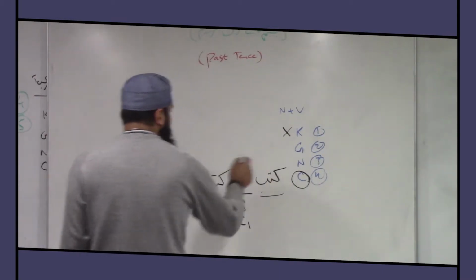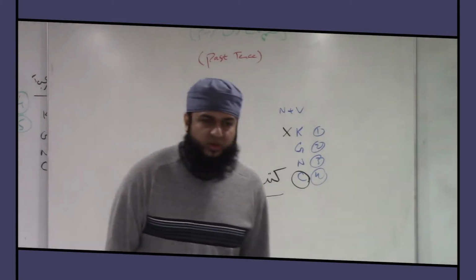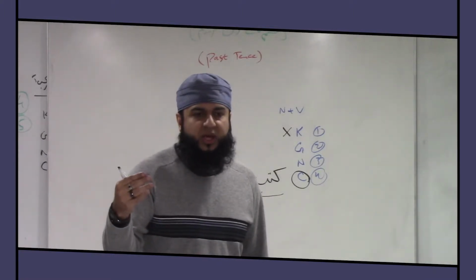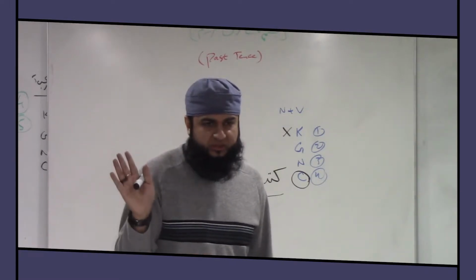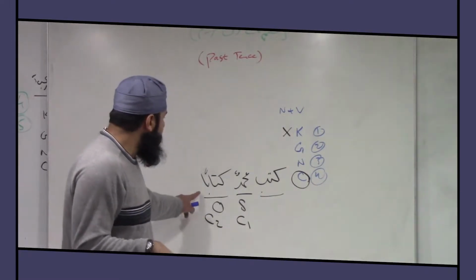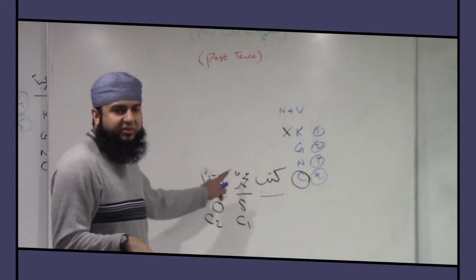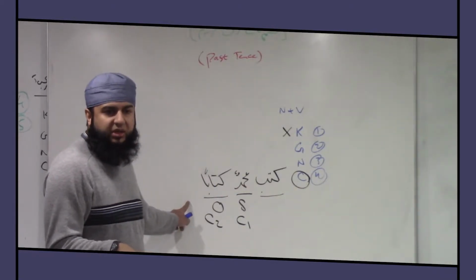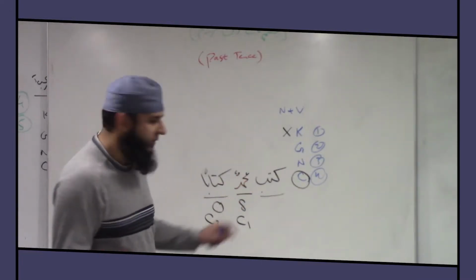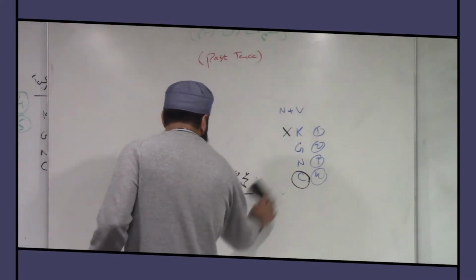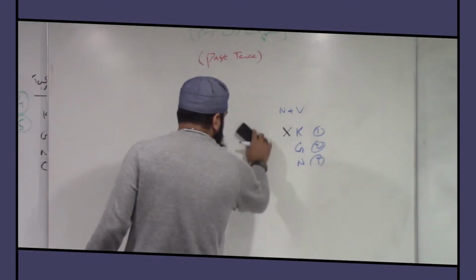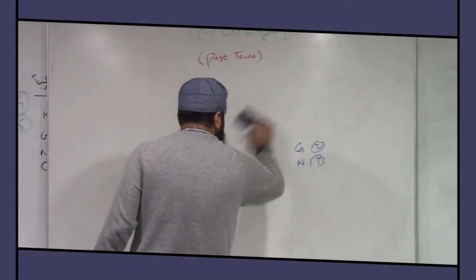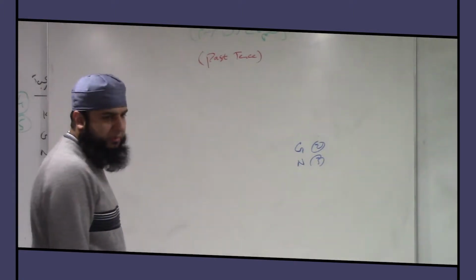So here is the verb. In order to join any noun with any verb as a subject, you're going to put it into case one. And you know that, I don't have to repeat, we did all these things. And in order to join any noun with the verb as an object, you're going to use it in case two. Is it clear? So we are done with the cases and the kind. Now all we have is gender and number.